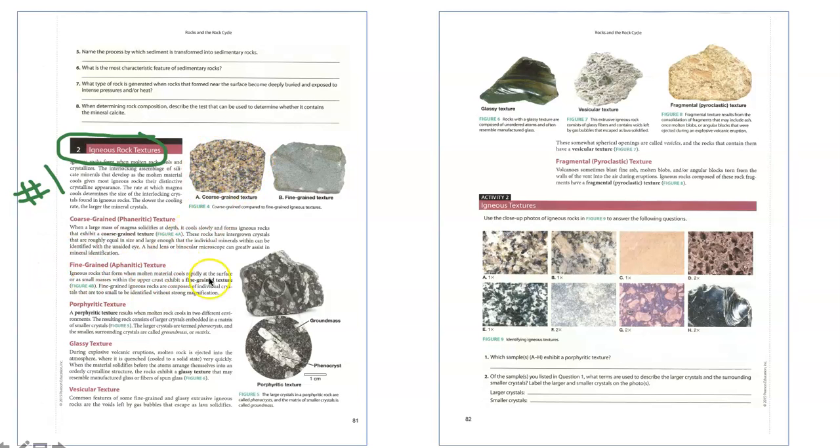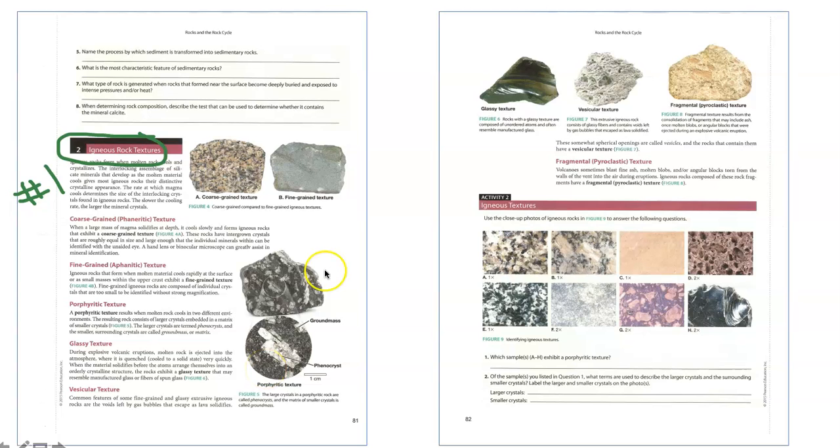A fine grained texture, which means like this one where you can see almost nothing that's a grain. It's just a kind of solid color. We have a porphyritic texture, which has both fine and coarse grains. So if you look at this here, there are large white colored grains, but then the surrounding dark material is very fine grained. And so we call those white, larger crystals phenocrysts, and the finer grained material around it the